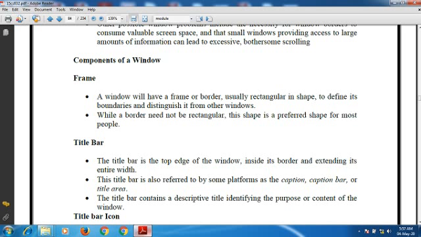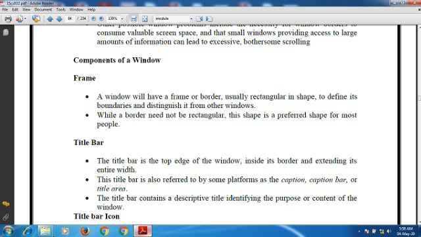A typical window is composed of dozens of elements. Some appear on the window. In certain cases, we may not be able to fit all these elements into the window here.